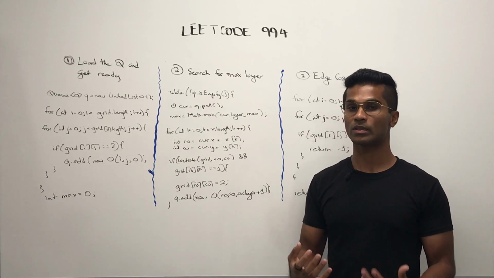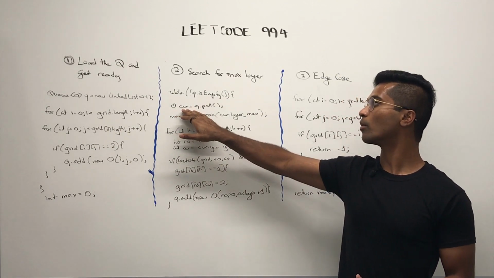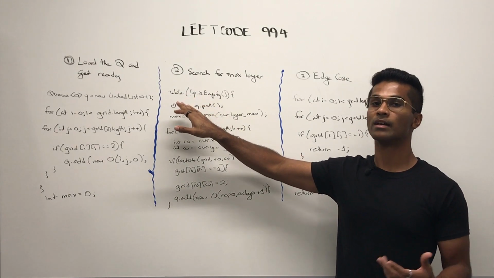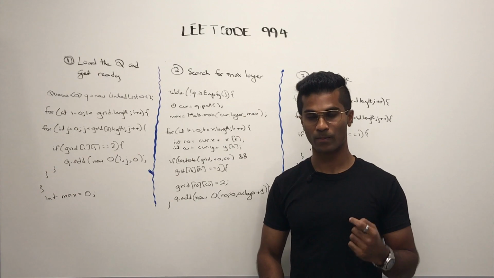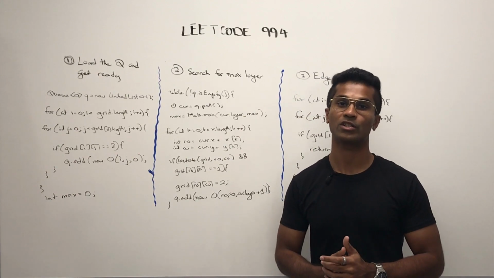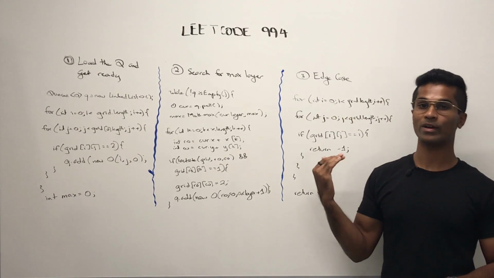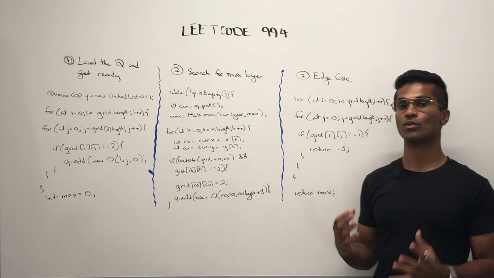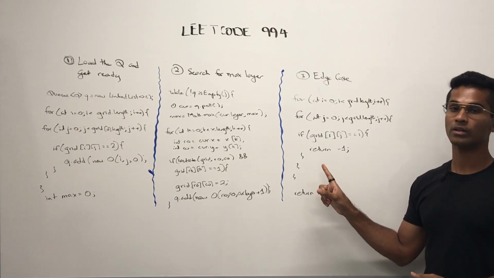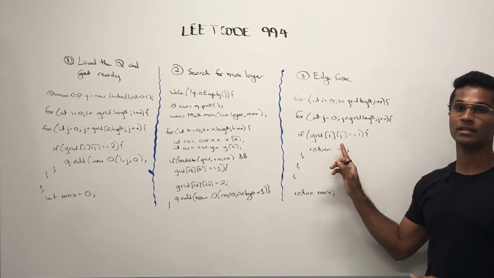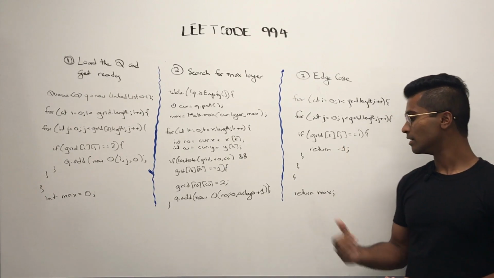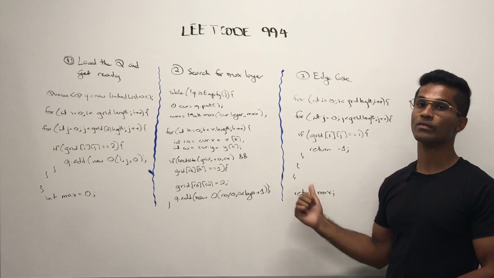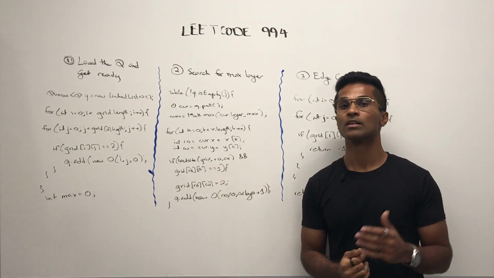And then once we're done with the entire queue, right, once we're done pulling and it no longer has any more oranges left in it, we're just going to get the maximum. And before we return the maximum, we're going to do 1 edge case check. We just go through the 2D grid and look for any remaining fresh orange. So just a 2D iteration. And if any of these is a 1, we just return -1. Otherwise, if we pass the edge case, then we're going to return the maximum that we've updated and initialized over there. So that's how you solve